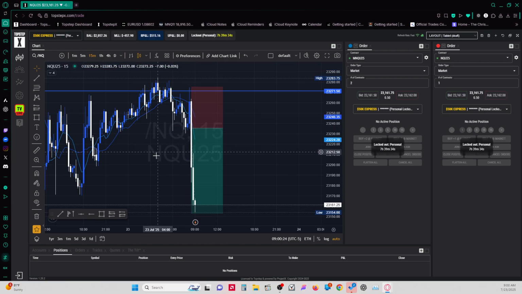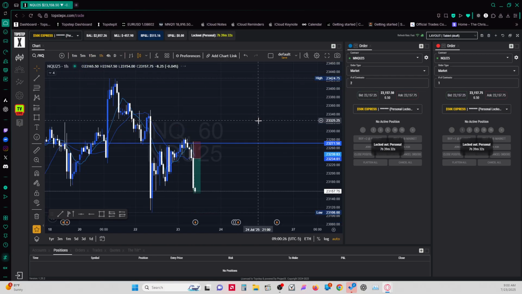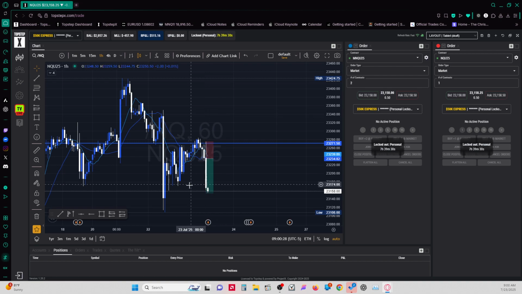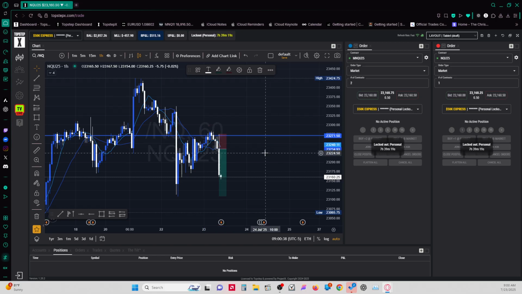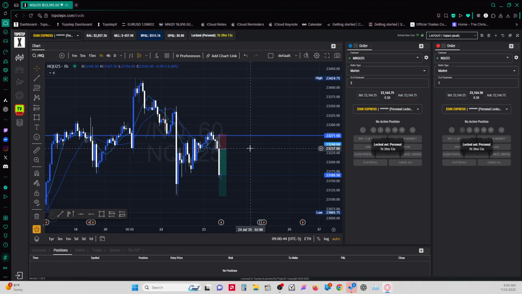But if you ever want to clean this stuff up, just go to the 1 hour. The 1 hour is clear. We came up, we rejected, and I also saw this huge wick on the 1 hour, so it kind of gave me more confirmation. And price may come all the way down here, but I don't stay in trades long. I like to get in and get out, which is something I probably need to work on. But anyways,